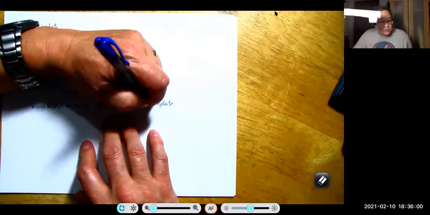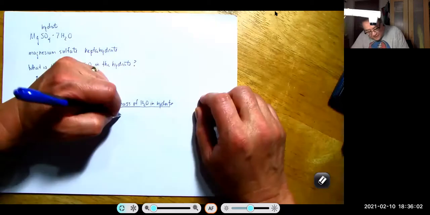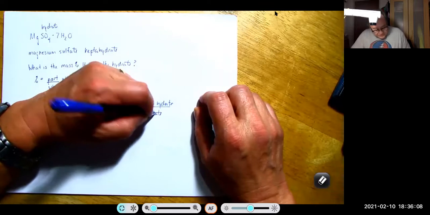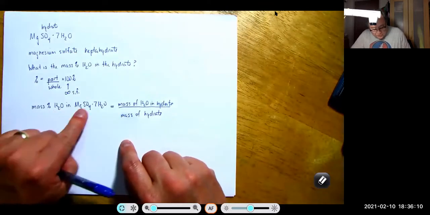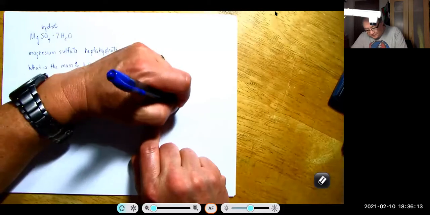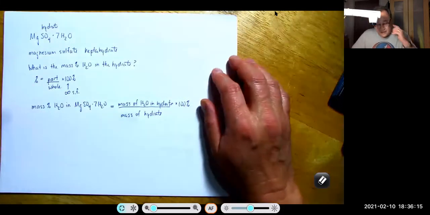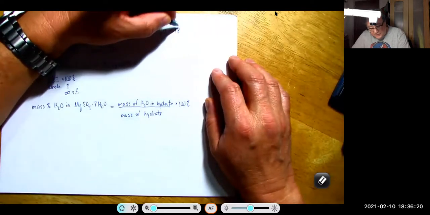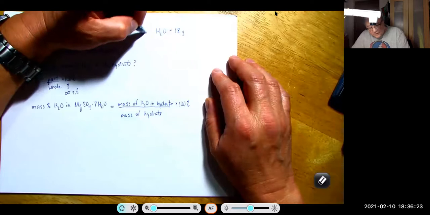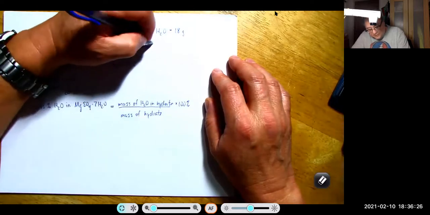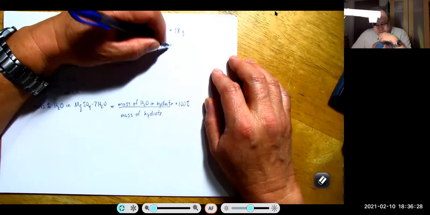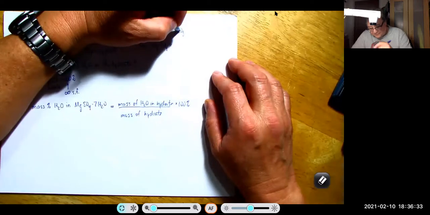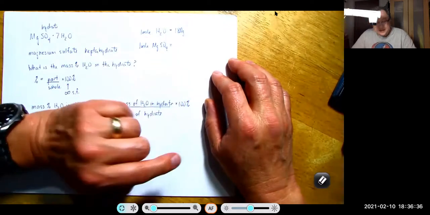So the mass of H2O in the hydrate divided by the mass of the hydrate. This is the part we're interested in, and this is the whole, times 100%. I'm going to do a lot of rounding here now. H2O is equal to 18 grams for 1 mole. And 1 mole of magnesium sulfate is equal to, we're going to call this 18.0. For magnesium sulfate, it's